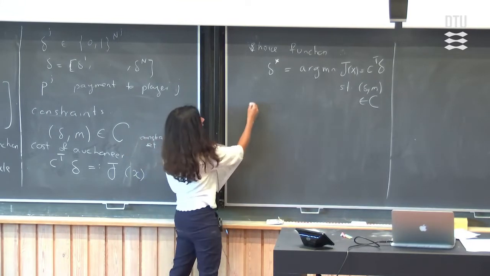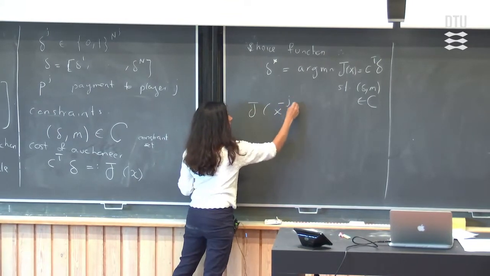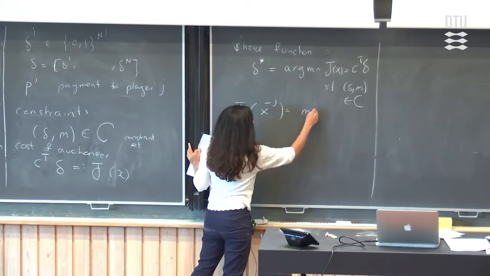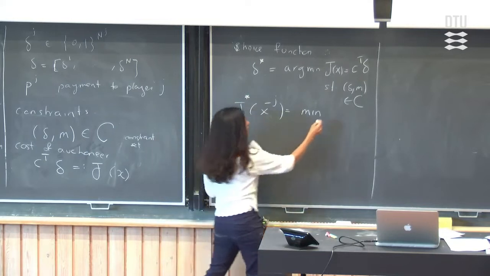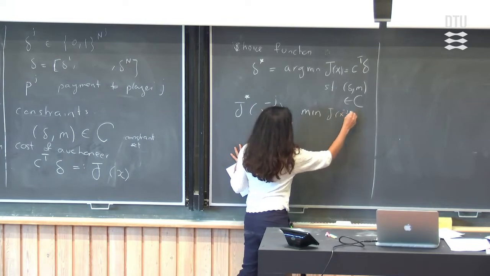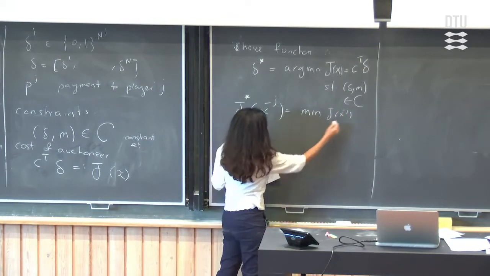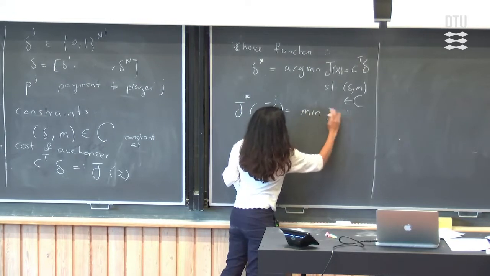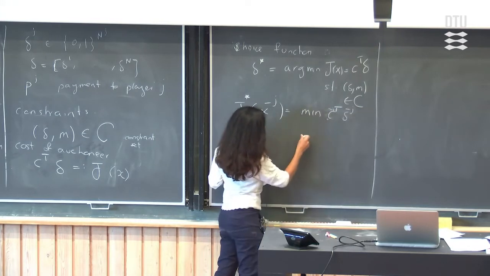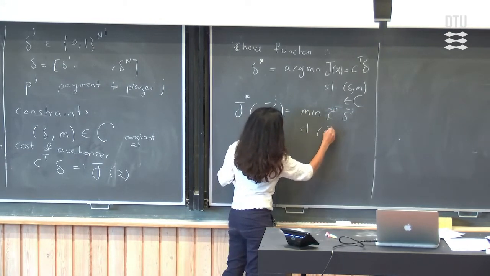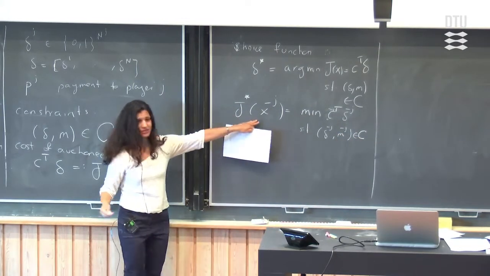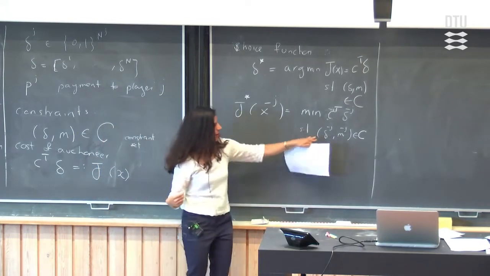So let's define J star as the minimum of J of X negative J: C negative J transpose delta negative J, subject to delta negative J, M negative J in C. What it's saying is that you remove player J's bid